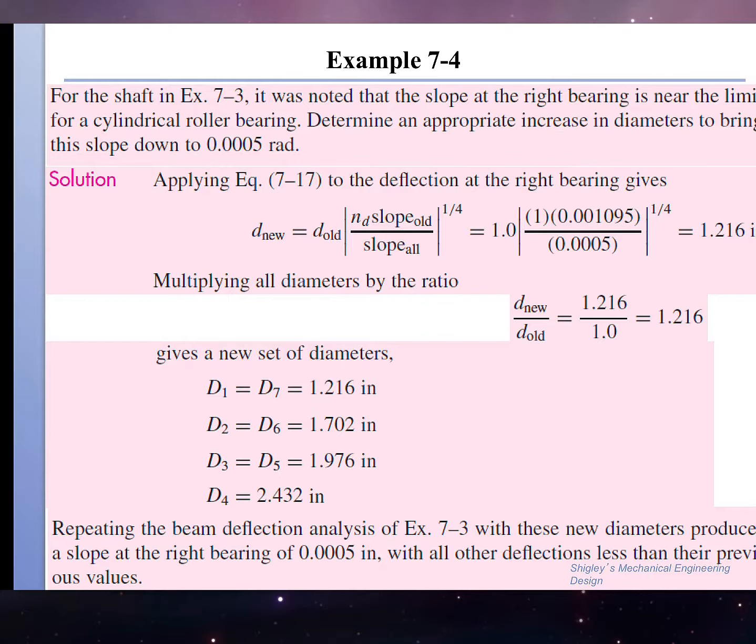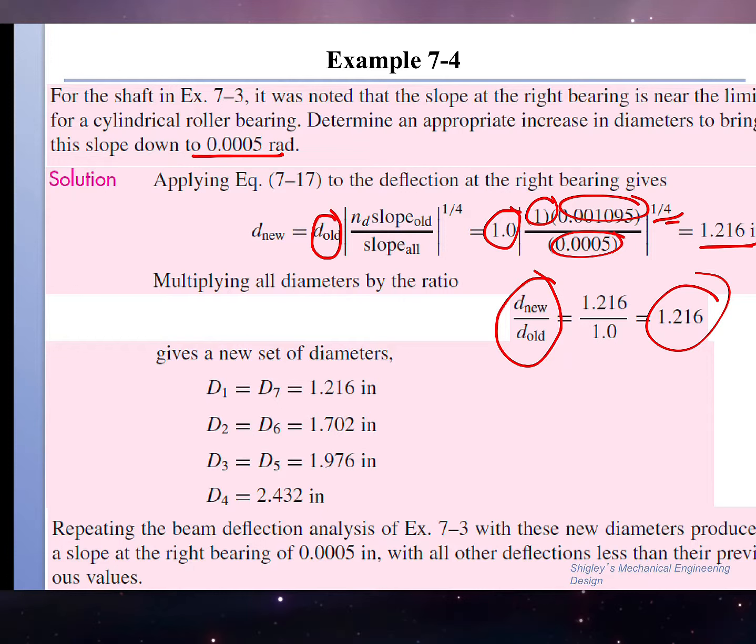So if you look at the example that we have, we want to bring back the deflection on the right bearing to 5 times 10 to the minus 4 radian. So the old diameter we selected was 1 inch. Apparently that wasn't sufficient, so we have to increase it by the ratio of the old slope over the desired slope with a factor of safety of 1, to the 1/4 power. So that comes out to be 1.216, which means that we have to increase the diameter by another